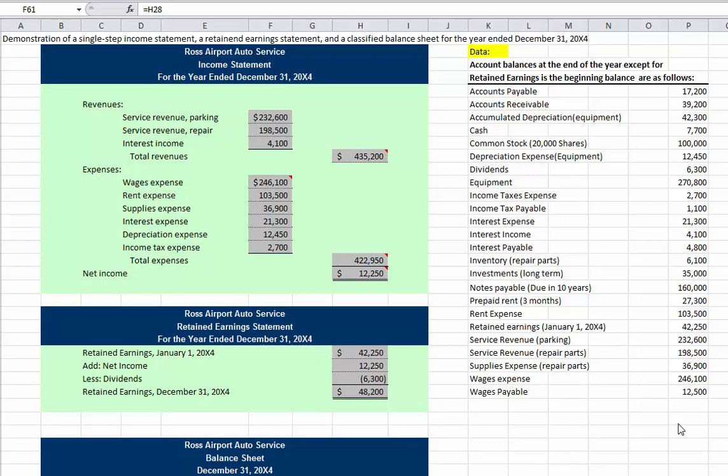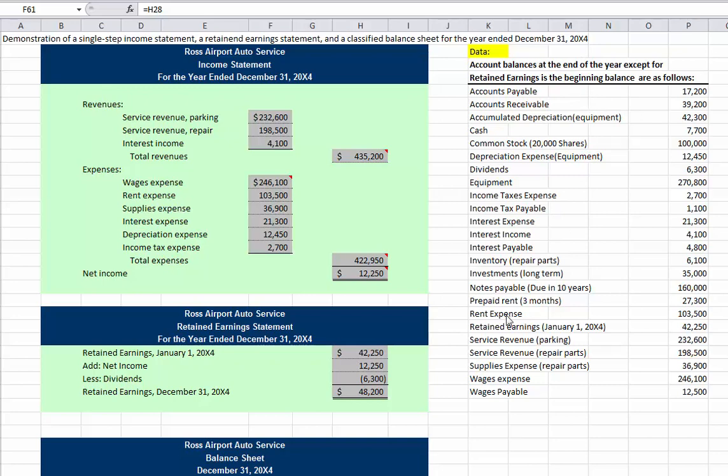Financial statements are the method that a company communicates accounting information. The transactions that have occurred during the accounting period are summarized and reported in these financial statements. In this demonstration, we will look at how to prepare the single-step income statement, the retained earnings statement, and the balance sheet. We will use Ross Auto Service account balances for the year ended December 31st, X4, to prepare these